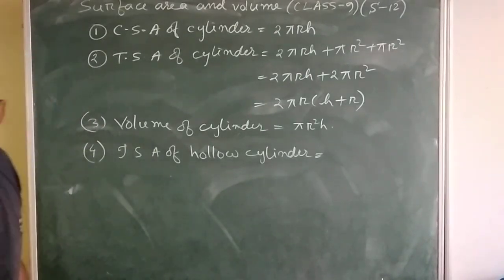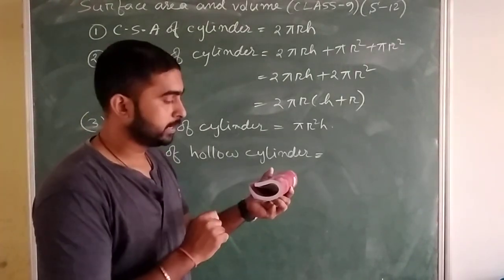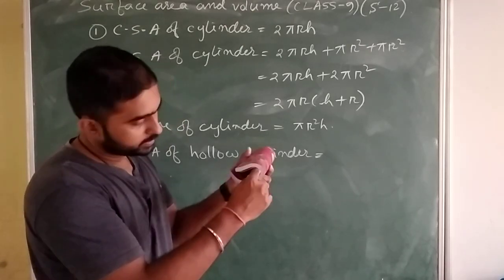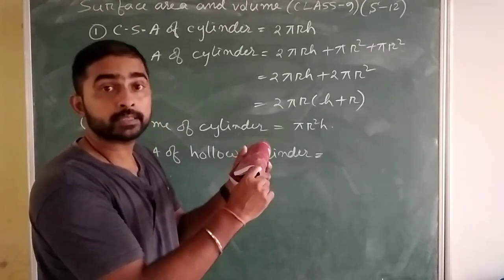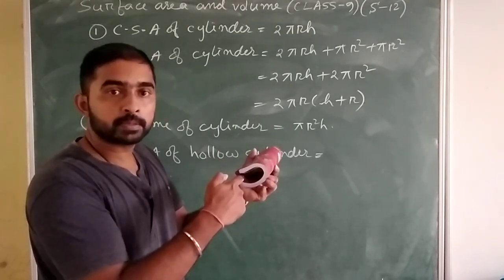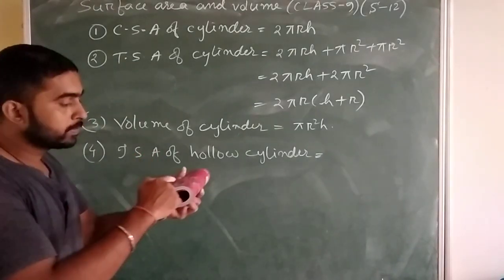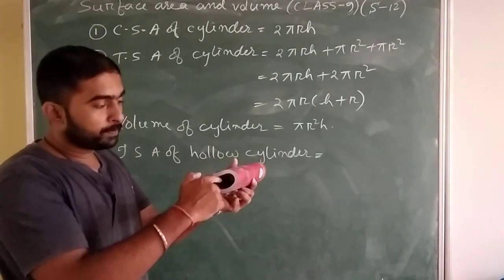Yes, now this is a hollow cylinder. Now what is the total surface area? See, there is an inner radius as well as an outer radius. So there are two sides, outer curved surface area and inner curved surface area. So if it is a hollow cylinder, then total surface area will be outer curved surface area plus inner curved